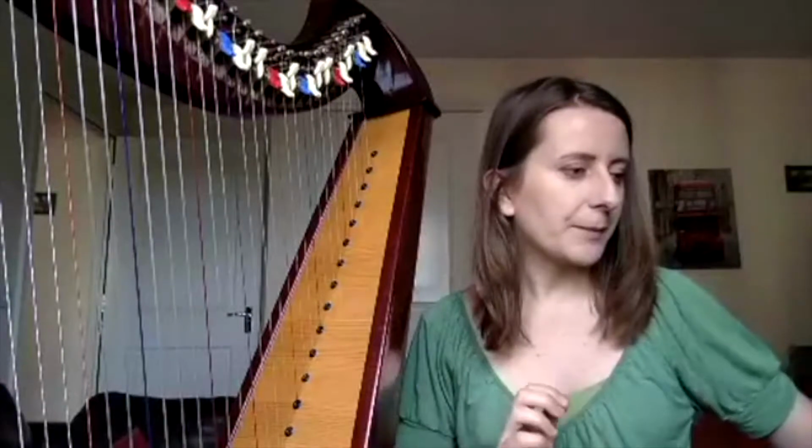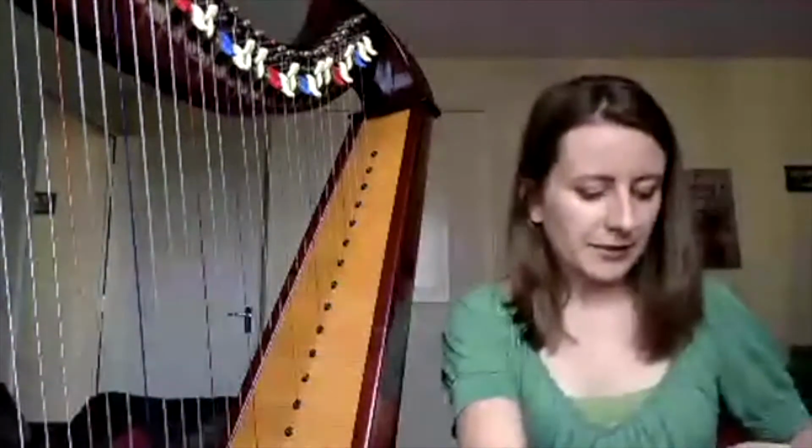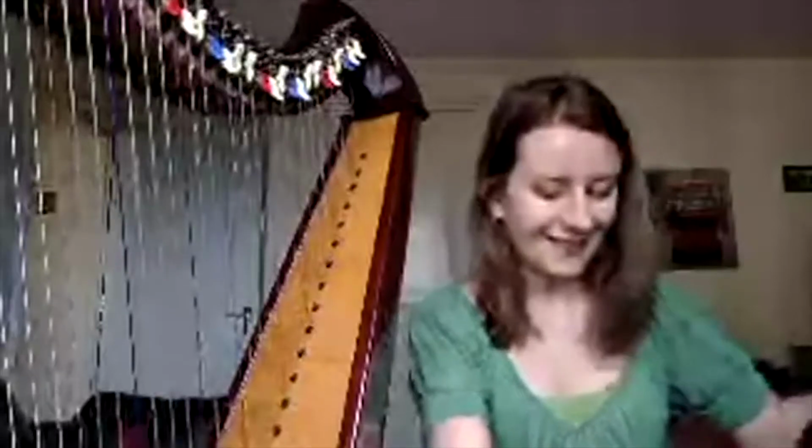Let me just organize myself with the music stand. I could probably play that piece from memory, but it would be a shame if I made mistakes playing a grade 1 piece. That would be a real shame. Just a second, because we've got lots of stuff here and we don't want any of this to go down. You can still see me? Yeah, you can still see me, and I hope I can see the music. So,